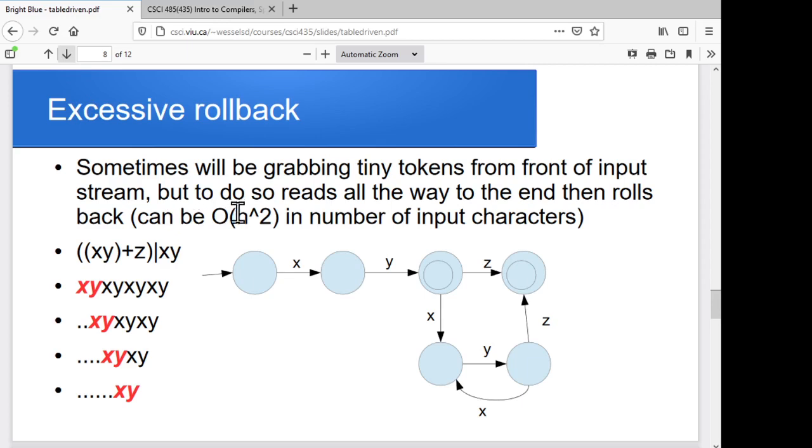So this is good. It does allow us to scan forward and roll back when we need to. But there are some efficiency issues with this one. One of the things you can run into is if you've got a really long string and you're reading all the way to the end of it because you want to read as far as you can, but then you have to back up a long way to find the last time you were in an accept state,